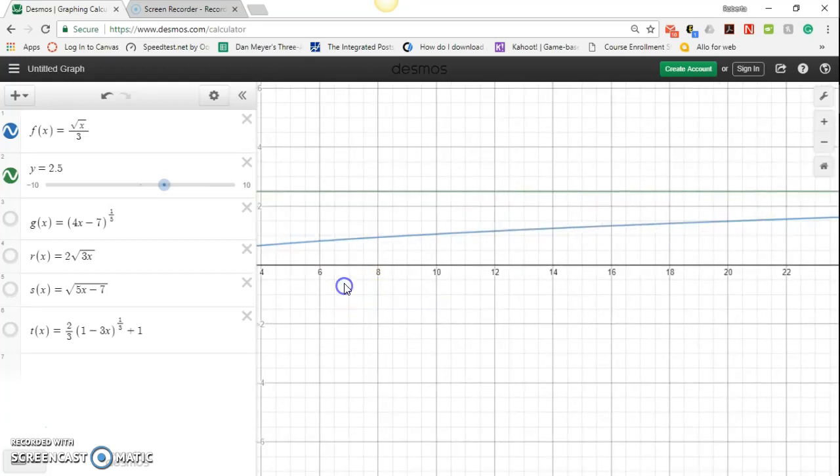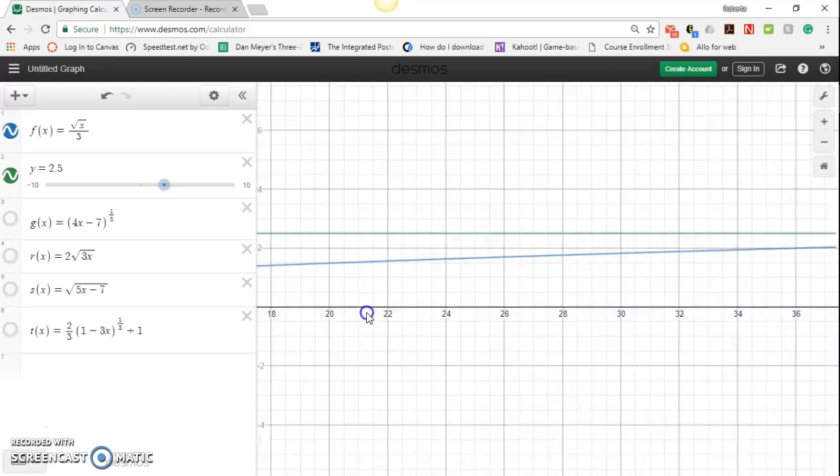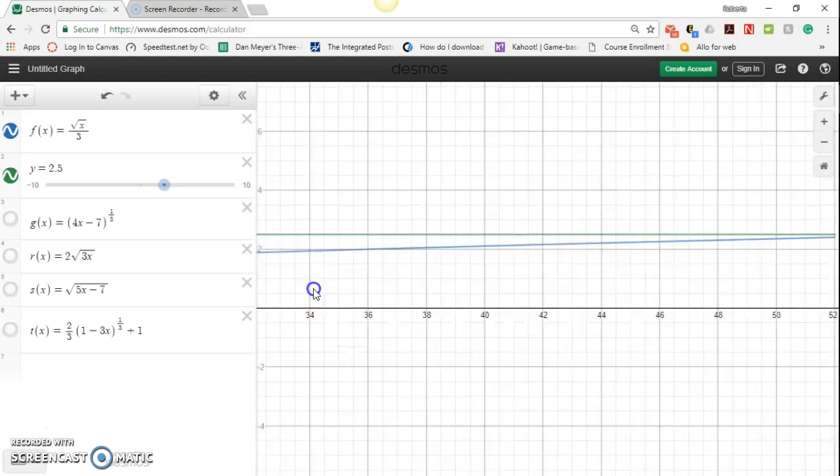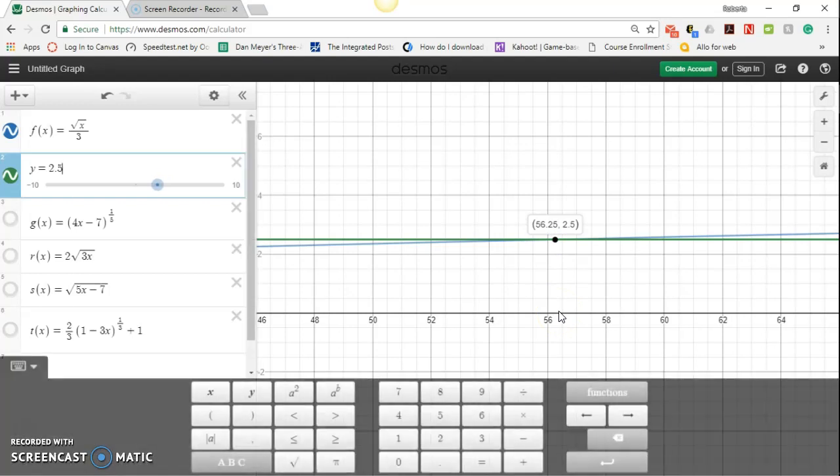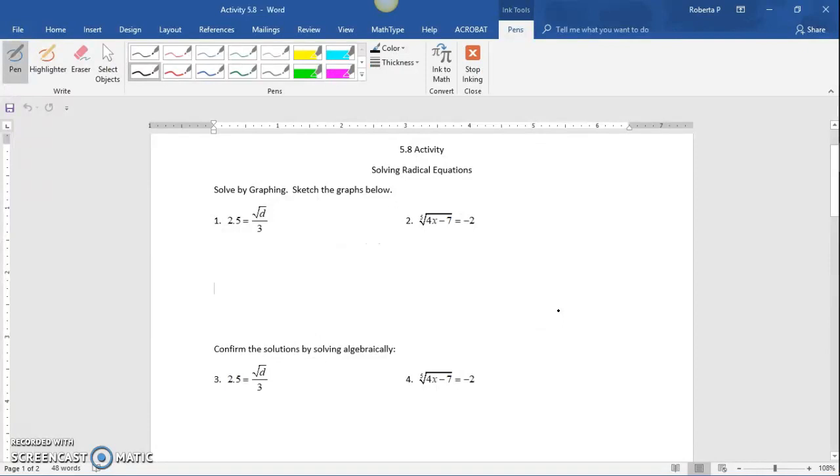It's just going to be a long way away, so I really want to zoom out, and as I'm sliding over, I find my answer to be 56.25. So I know that d equals 56.25